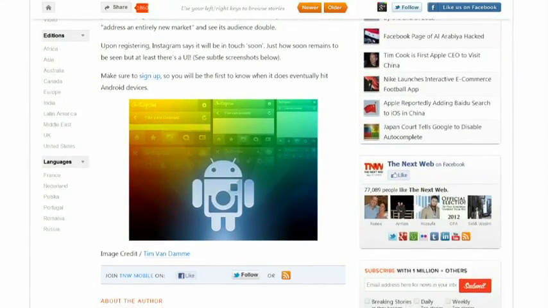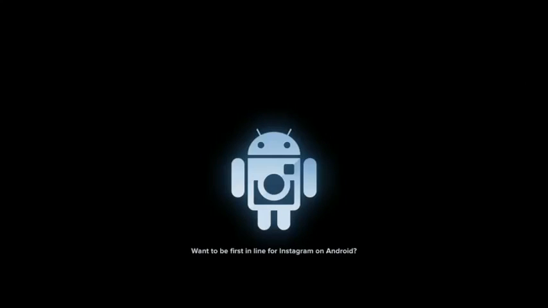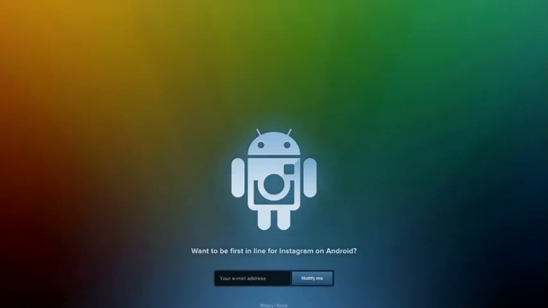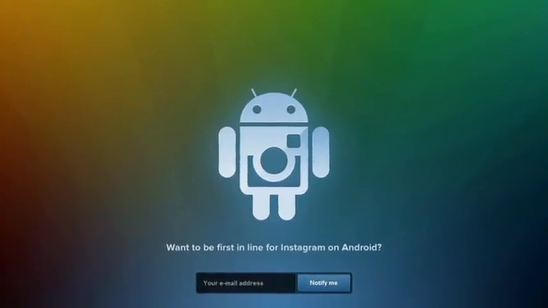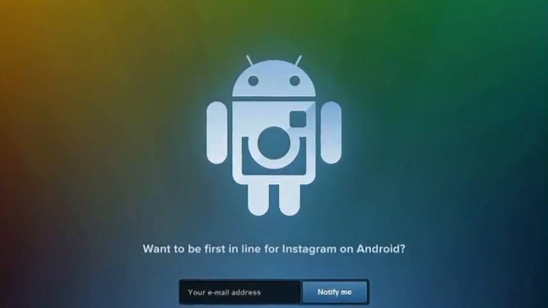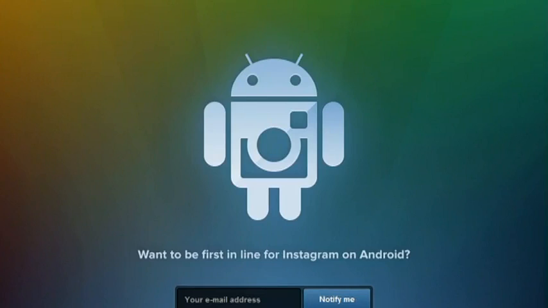For some reason, and yet it's going to come out, and I'm going to rush to get it, and I'm going to use it for a week. And then I'm going to wonder, two weeks later, why I'm still not using it. What the big deal is. Yeah, exactly. But you're not really big into these kinds of social photography apps. I guess not. I try. It's just they don't grab me.